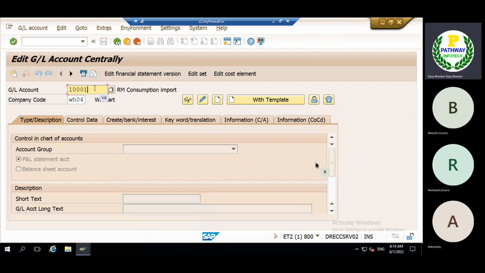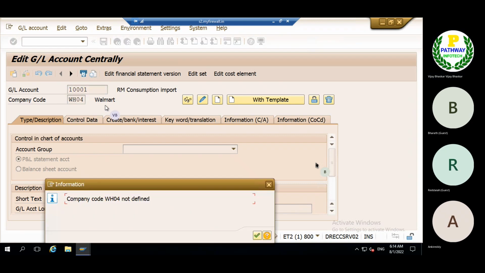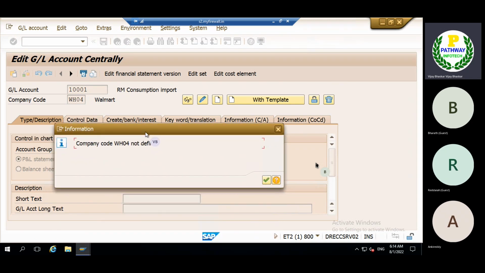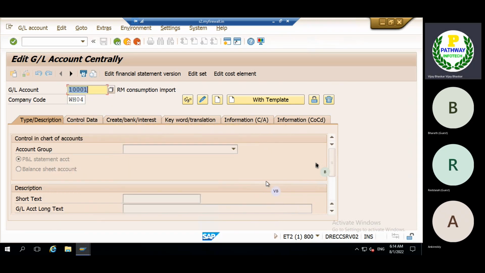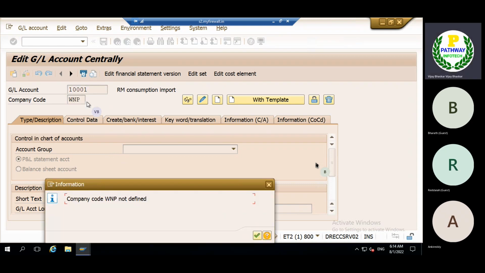Even if the company code name exists, we need to delete it again, enter, then press enter. The system says company code not defined. WNV, we'll take the company code as a new company code. Then enter it.